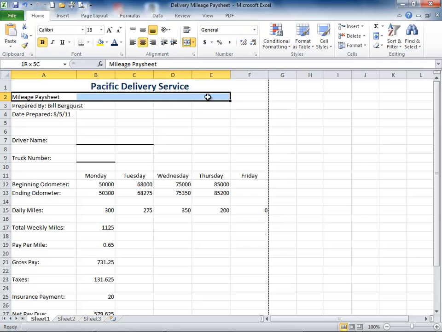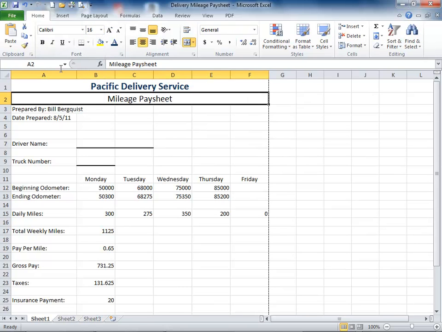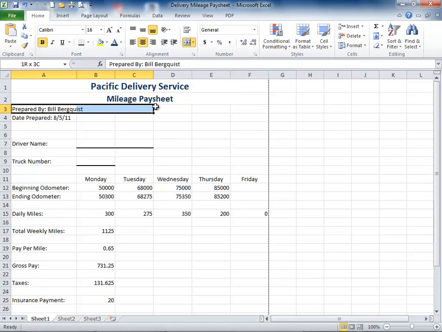Same thing for these. Remember, with merge and center, you've got to do them one at a time. You can't do it all at once. Otherwise, you'll ram all the cells together and you'll lose a lot of your data. 16 point bold, blue font color looks good. A3, merge and center. Maybe 14 point